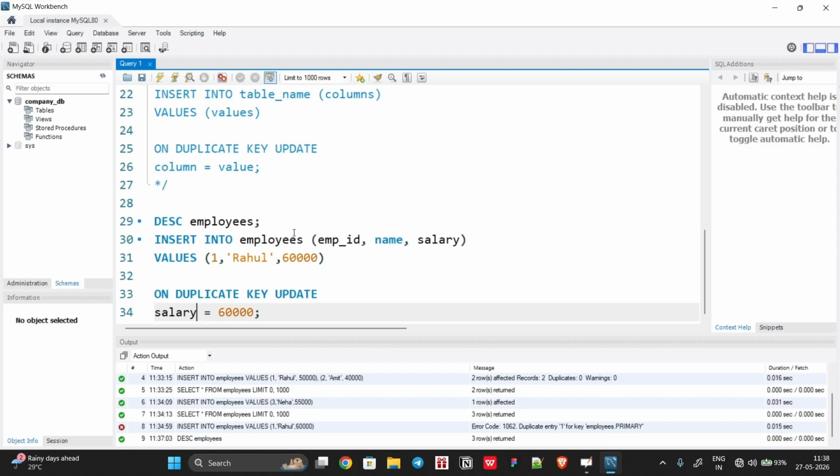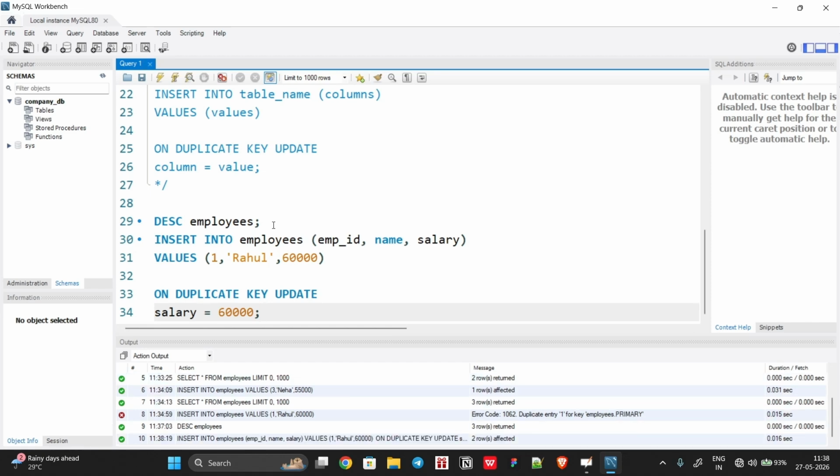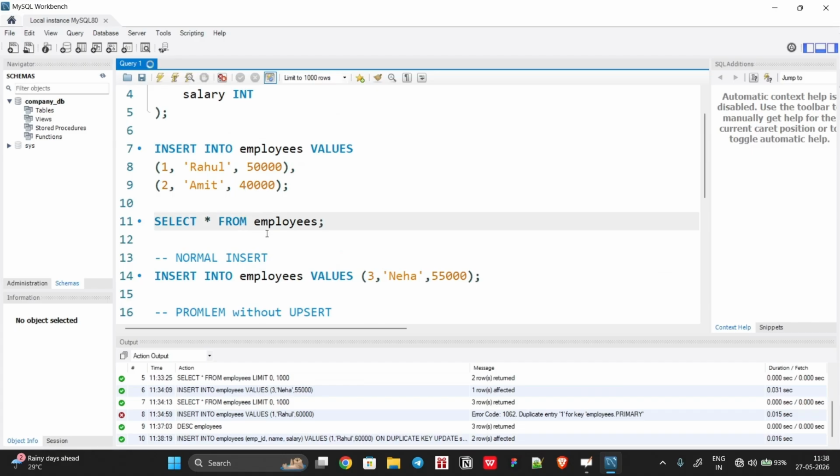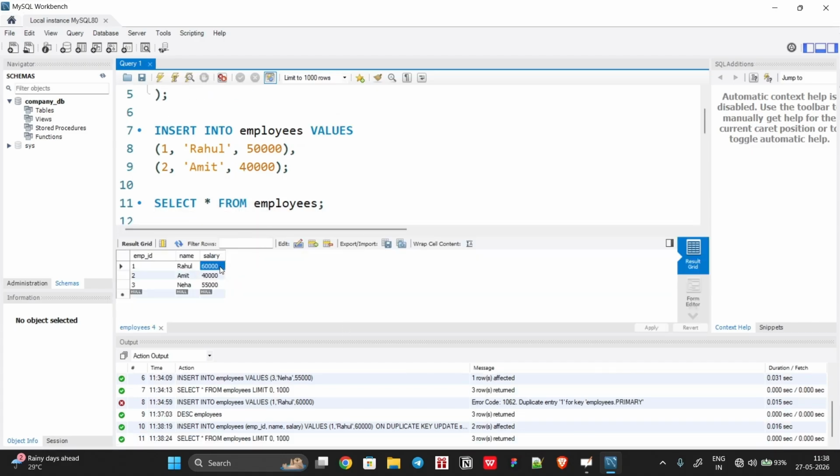And when it throws an error, you're going to check that, okay, if those are duplicates, that means they have to update something, right? So when you come to know that you have to update a particular column, then you're going to do it this way. Now if I just Control Enter it, it's updated, and Control Enter here, and Rahul is 60K now. Make sense? Now similarly,